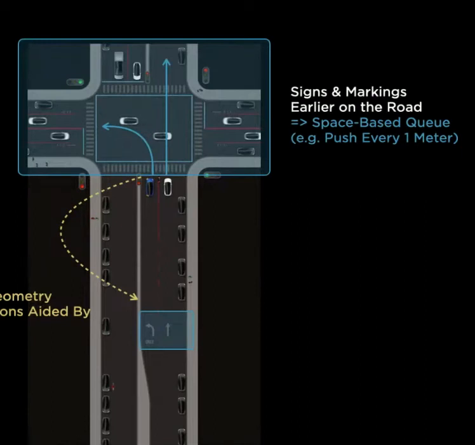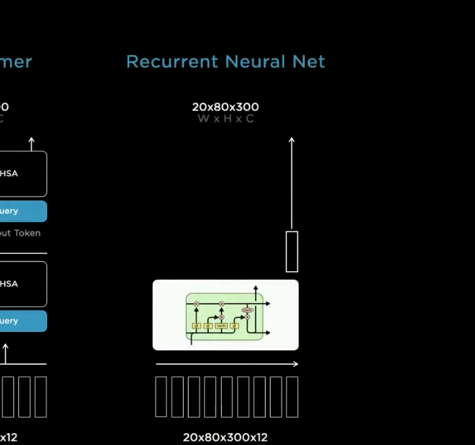So we push every time the car travels a certain fixed distance. So some of these details actually can matter quite a bit. And so in this case, we have a time-based queue and a space-based queue to cache our features, and that continues into the video module. Now, for the video module, we looked at a number of possibilities of how to fuse